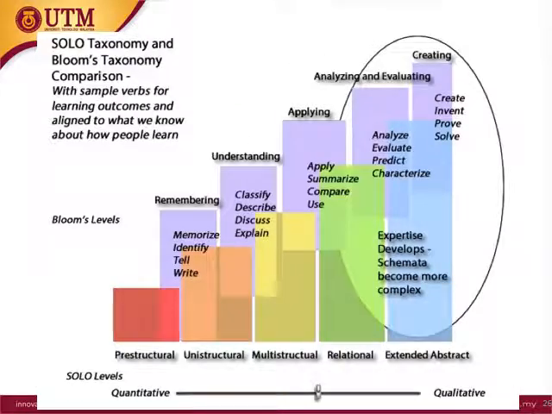Now, if we were to put the SOLO taxonomy and Bloom taxonomy together in comparison as illustrated in the diagram, you can see that the Bloom's levels with sample verbs for learning outcomes showing different levels of cognitive processes, okay, is aligned with the levels of SOLO taxonomy, which shows the quality of students' learning and how they learn. It looks like they comparatively correspond to each other. However,